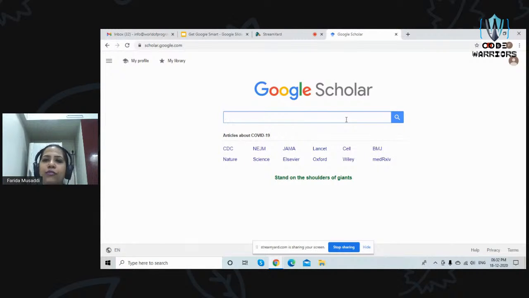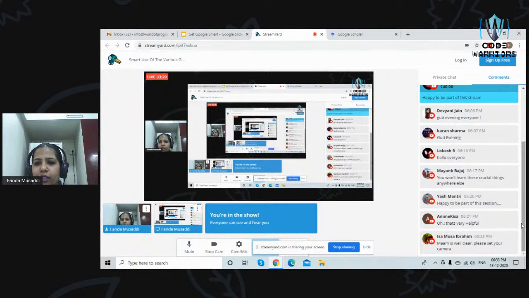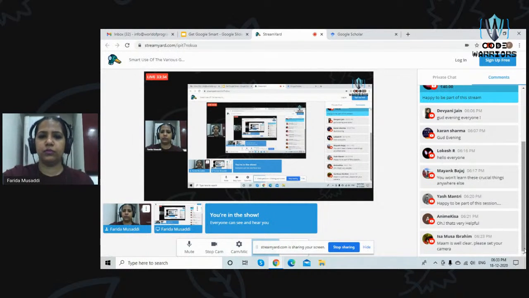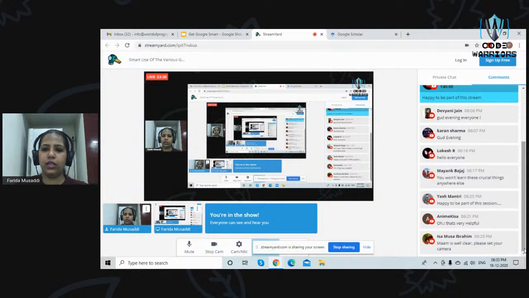So not only do we have the Google engine, which is very, very broad and covers everything, but if you want to search for specific data, then you can use any of these applications. Okay. Now, let us move forward. If anyone has any doubts related to the things that we discussed right now, please put that in your comments.